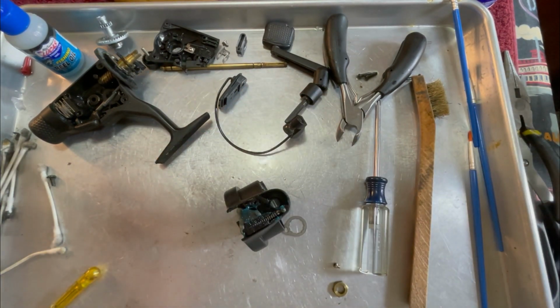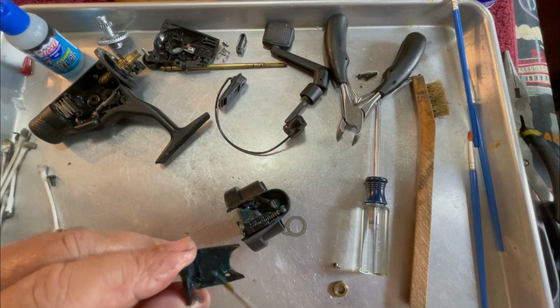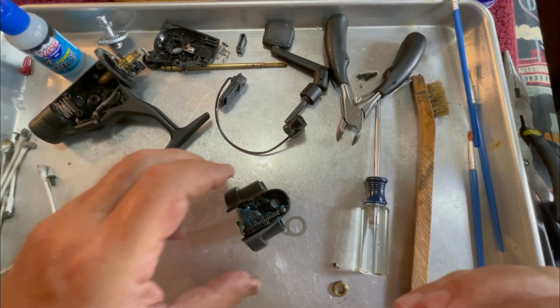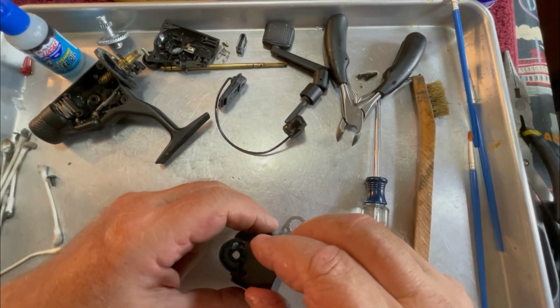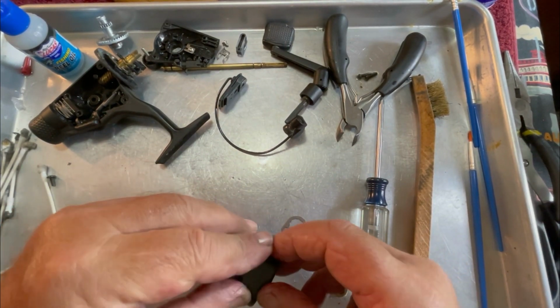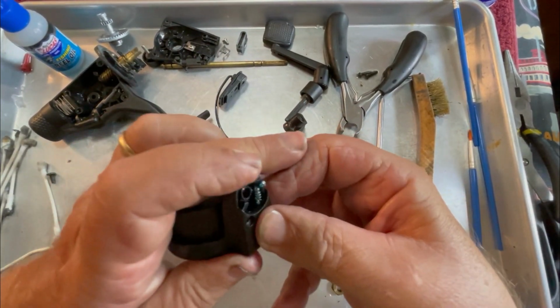And it was this way when I took it apart, and I just thought it was kind of grease clogged, so I took it back. I took the grease out of it, and it seems that the grease was required for this guy to operate properly. It's got a lot of tension on it, and it's going to go back down on here, snap into place there,